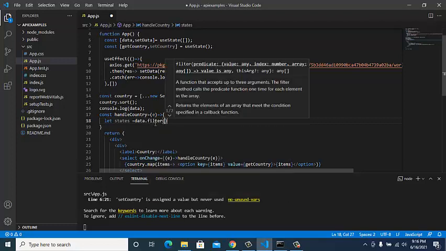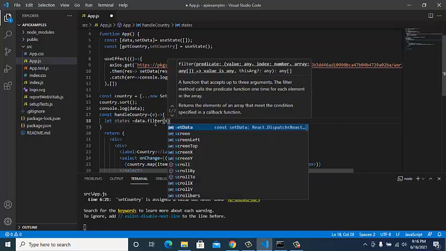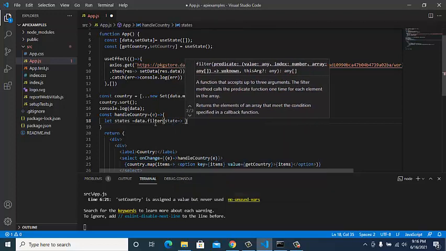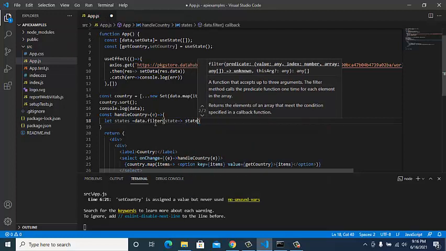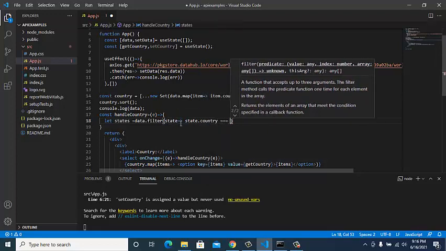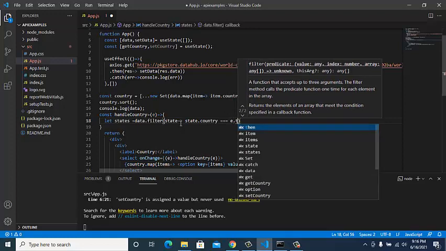All the array methods take a callback function, so I'll put a variable here and get the data from there. So state is state dot country, and I can match this with our e dot target dot value.